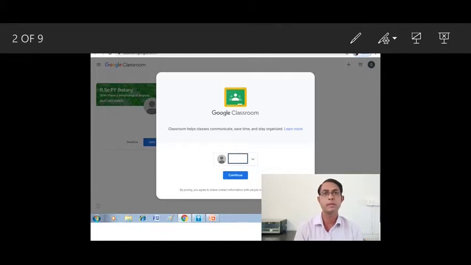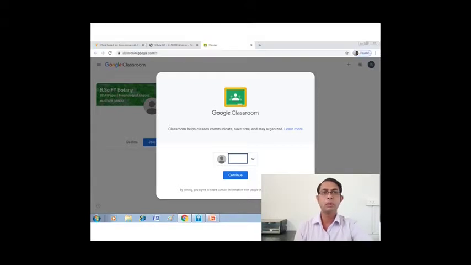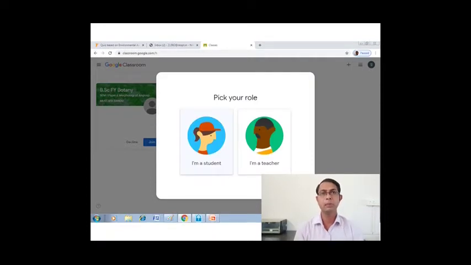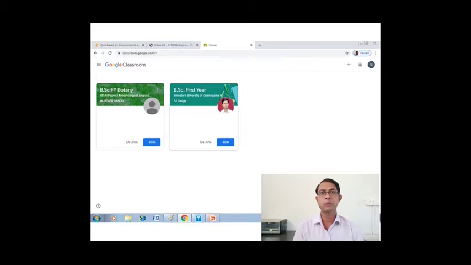So here you can see this is nothing but the first opening window in which we need to add our email account. So here we need to add the email account, and after adding the email account and password we will get this particular window. In this window we need to choose a role, say for example as a student. So as you click on the student, you can get this particular type of classroom in which invitations are given by two different people for joining the class.